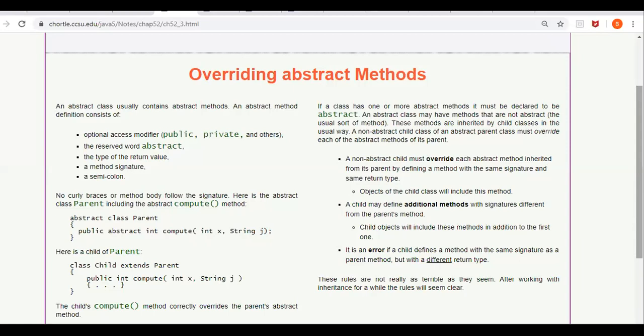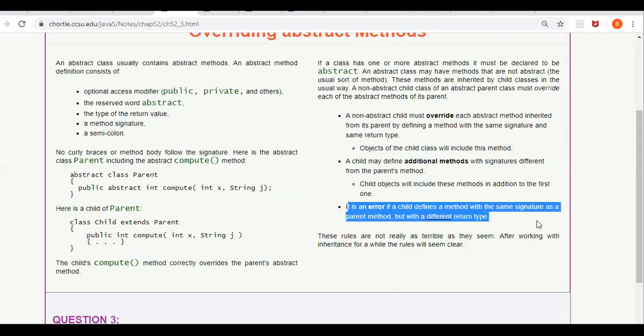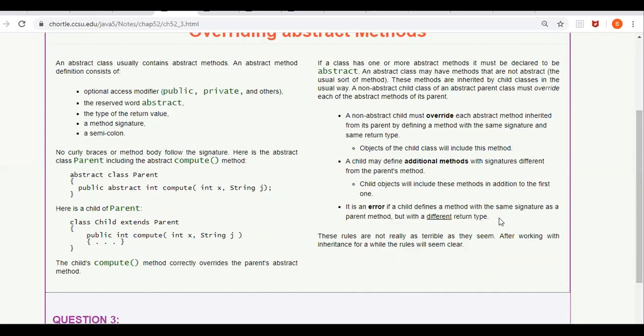So when you are overriding an abstract method, you should keep one important point in your mind. It is an error if a child defines a method with the same signature as a parent method, but with a different return type.